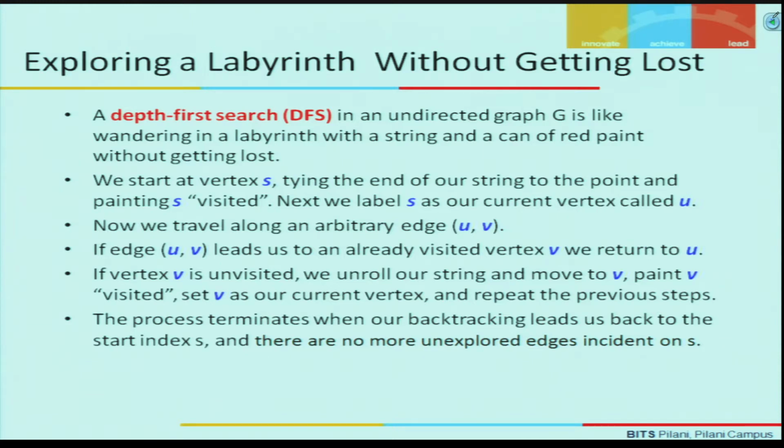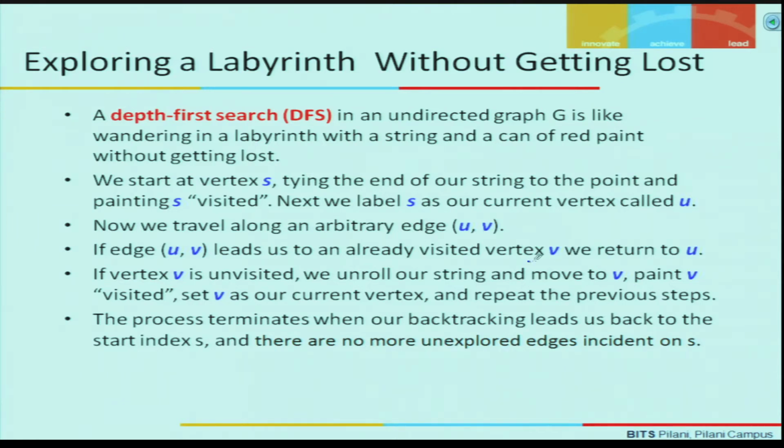So, the edge that we have currently explored leads to a vertex which has not been visited. We unroll the string and move to v and paint v visited. The string is being maintained so that the way is not lost as we go ahead in the path. Now, this process terminates when our backtracking. So, when we move back,